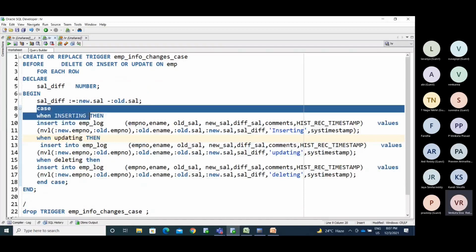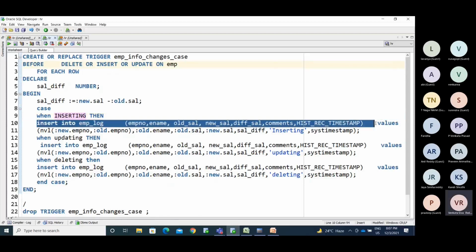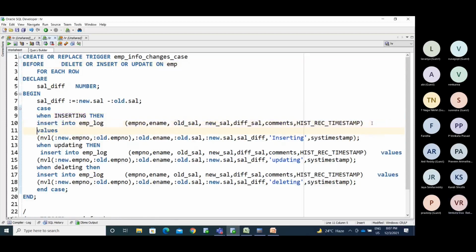Okay, so here we are mentioning when inserting. Inserting is the keyword to perform the insert statement. So if you want to perform the insert statement, we'll use the inserting keyword, so the system can automatically understand. While performing the insert operation, it will come to this process and run this.